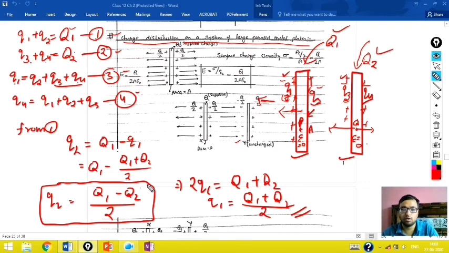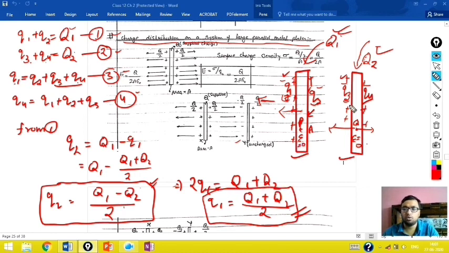the charge q2, you have to learn this also, will be half the difference of these two charges. Just learn it. Whatever charges you are providing, just take their difference, Q1 minus Q2, and divide it by 2. That will be q2, and if you add them, you will get that charge q1. Simple. This is very simple to remember.